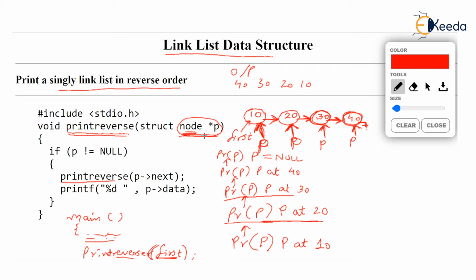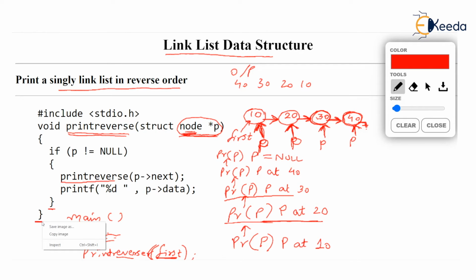If you start the fresh function print reverse with p as null, you can check the if p not equal to null is false. In fact, p is null now, isn't it? As p is null, the if statement is false and none of these lines will run. The two lines written in the if. So if won't run and if will end. And after the if ends, there is nothing pending, but the function ends. This print reverse function comes to an end.